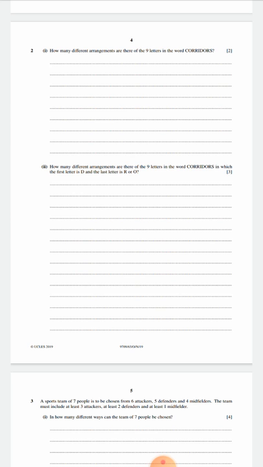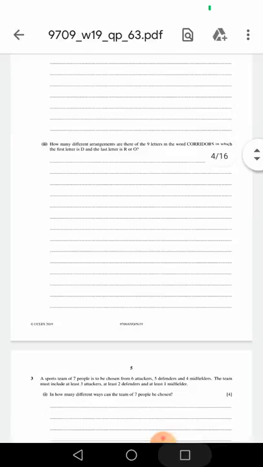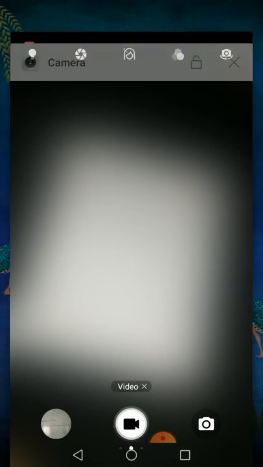Corridor. Let's see. So there are 9 letters. So we can arrange them in 9P9 or factorial 9 ways. But here we have